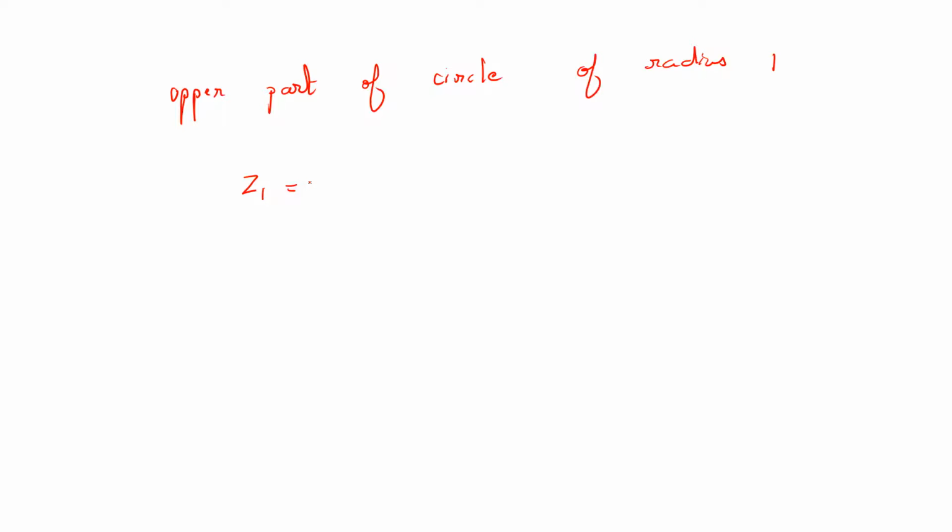So we have z1 is equal to pi by 4 and 3 pi by 4. Now z1 is nothing but, using Euler's formula again, cos pi by 4 plus i sin pi by 4. So this will be 1 plus i over square root of 2,